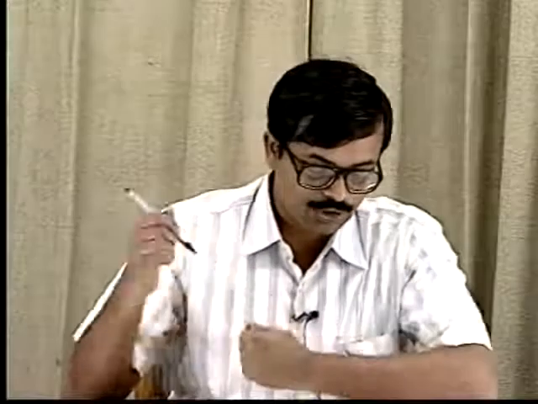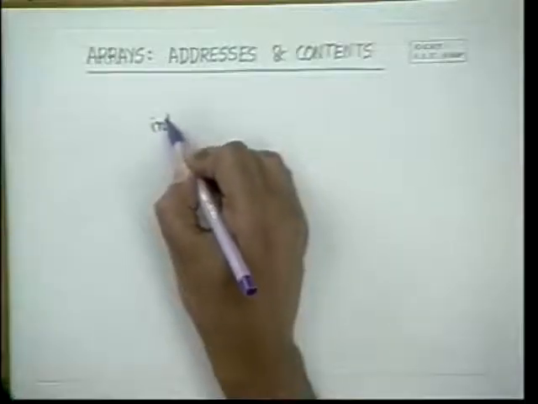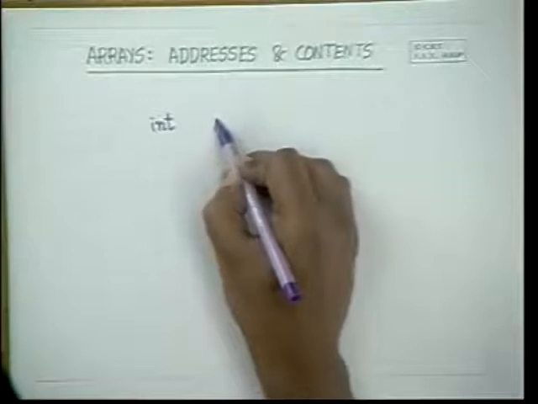In this lecture, we will study how arrays are stored and how arrays are accessed. We have already used arrays, character strings and all that, but there are certain other details about arrays which we need to understand, and we will understand them through several programs, and using these programs we will be able to see what they mean. Till now we already know that you can declare an integer array, say A,